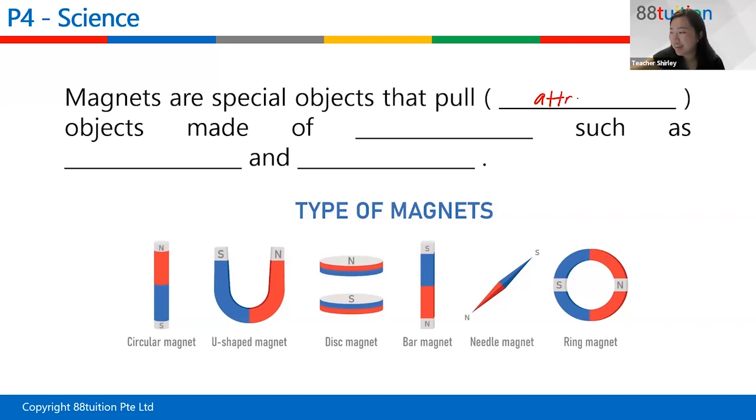Yes, correct. Okay. So magnets are special objects that pull or attract objects that are made of